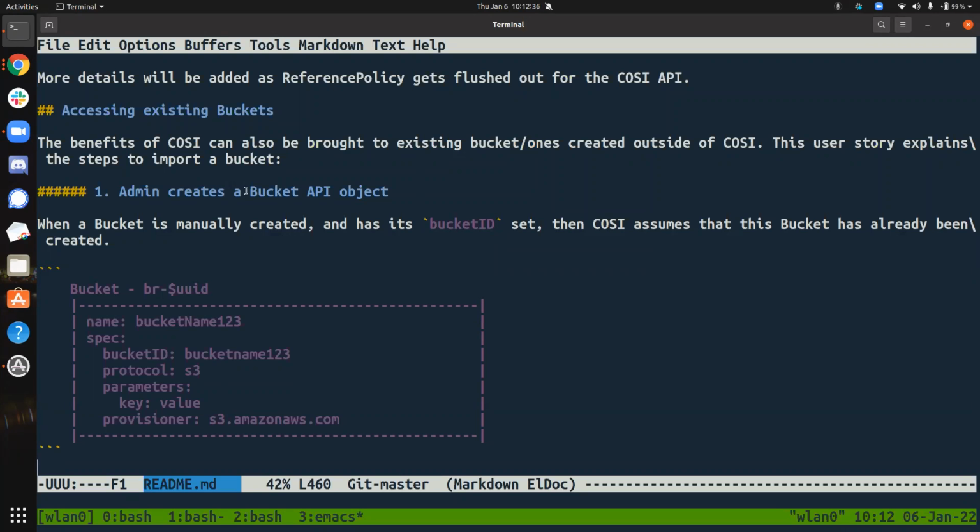I just tried to open the GitHub page for it. It's a little slow, so I ended up just opening it up locally. And we'll just quickly go over how we do brownfield buckets. So to kind of bring the context back,